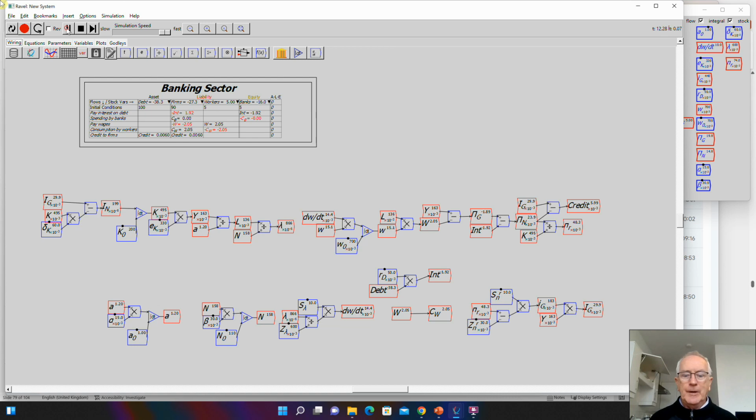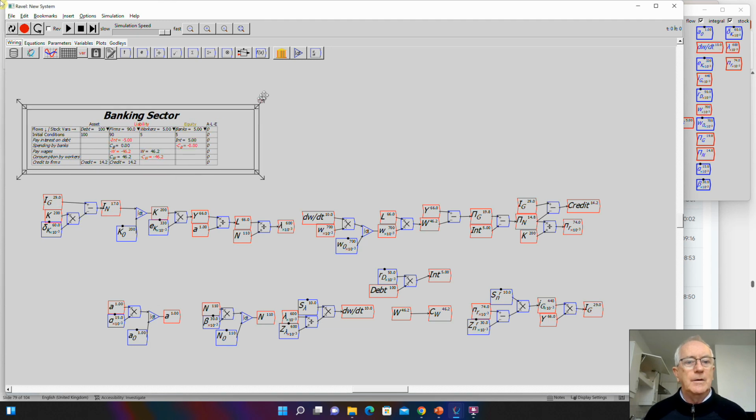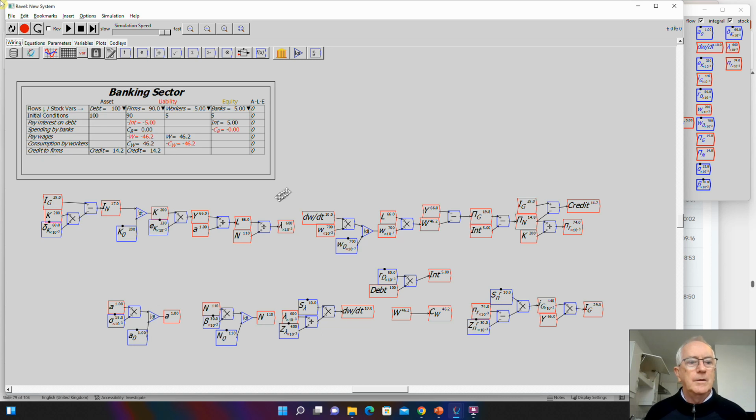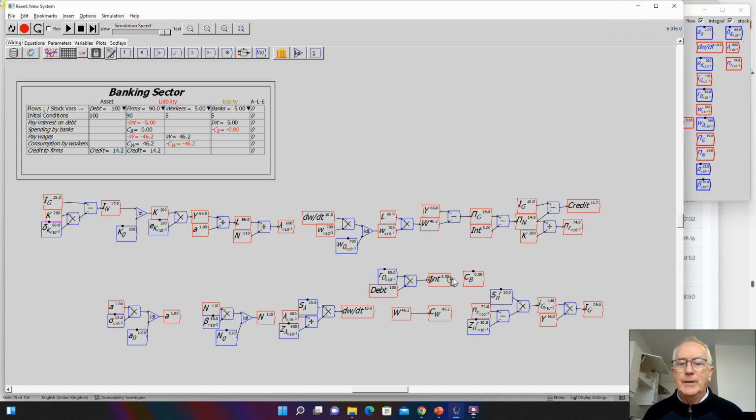And I've got negative amounts turning up there, so I've got to do something more to see what I got wrong in the previous model, which gives me fine values. Hit the recalculate key. Consumption by banks, which I haven't included. Okay, so what I have to have there, the simplest way to do it is to say that consumption by banks is equal to the interest payments. So bring that down here and wire that up like so. And now when I simulate,